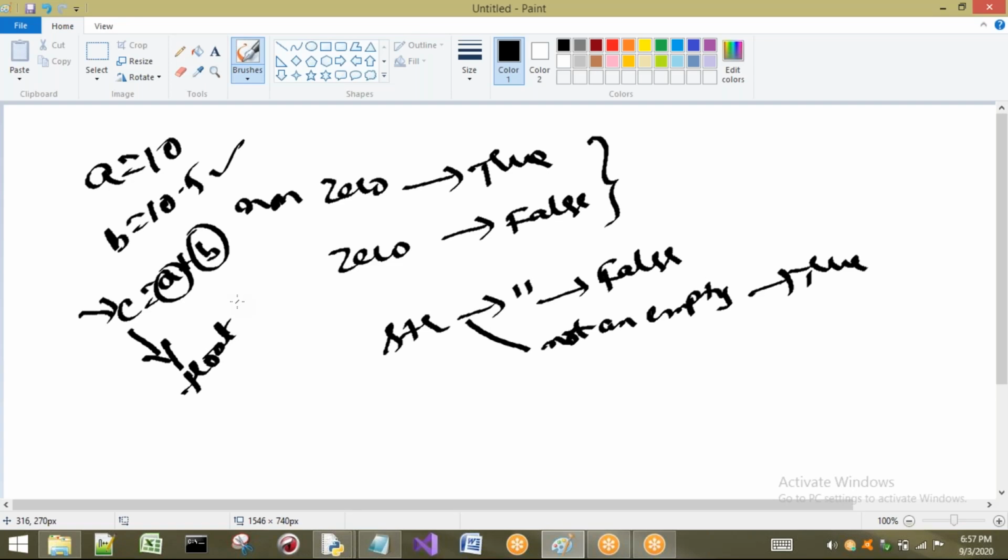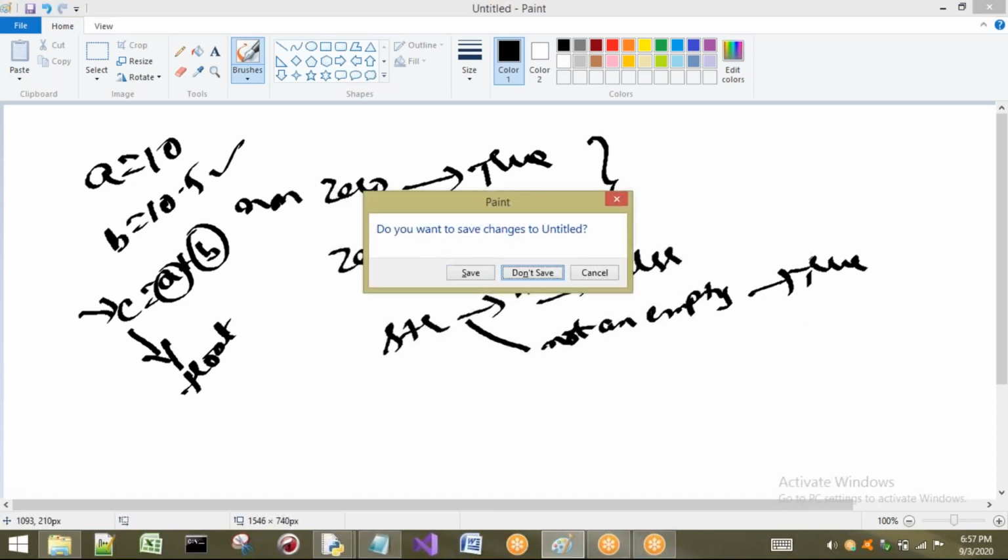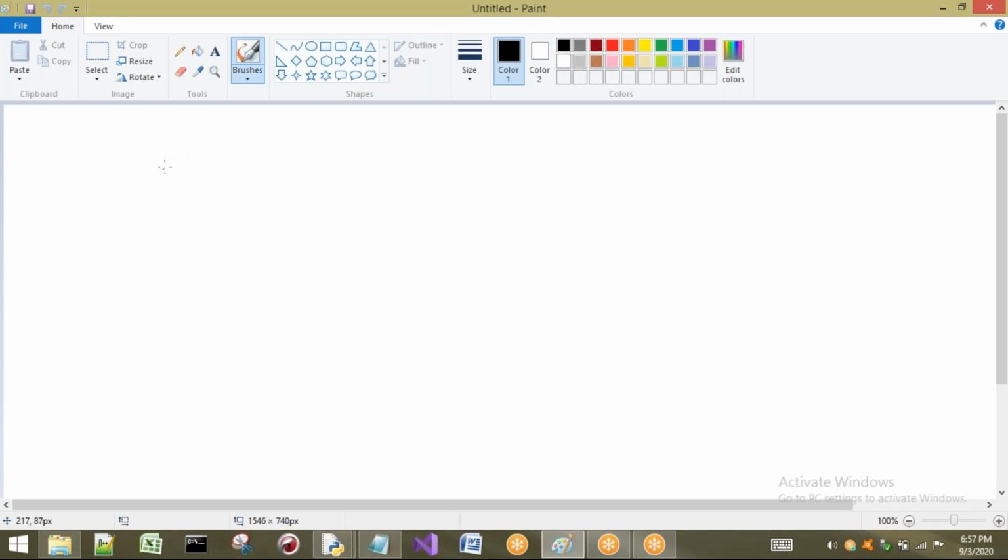But explicitly, if I want to convert any type into any other type, I'm talking only about fundamental data types, then for each and every fundamental data type I am going to have one function. To convert any type to int, I have the int type. So here, what are the rules? Complex cannot be converted into int. Okay, right.